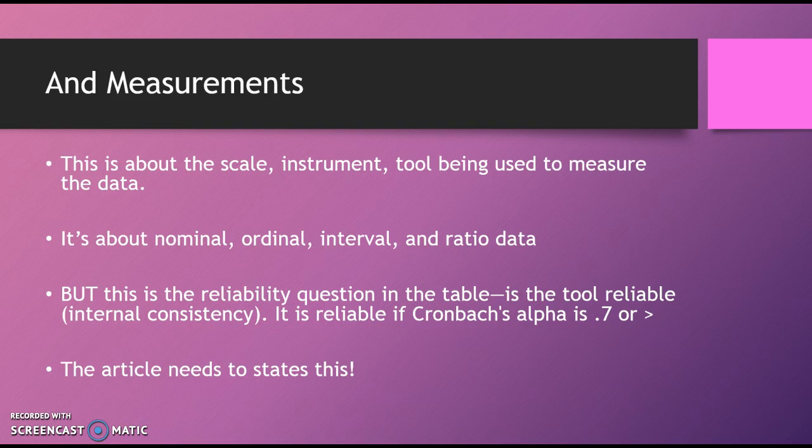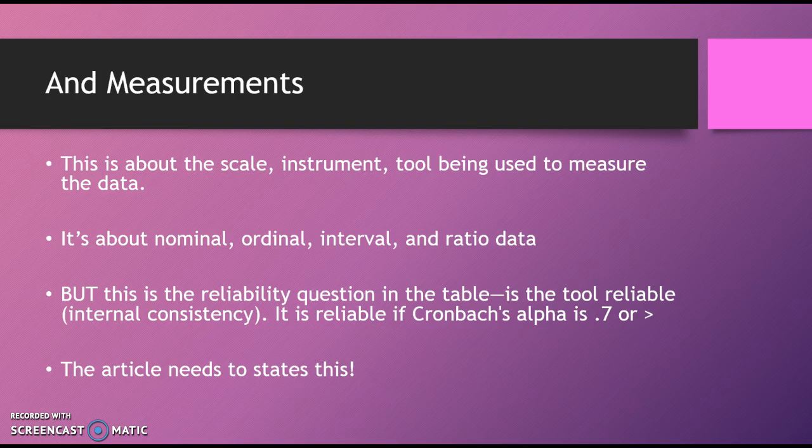Melnick also discusses that. The thing that's really important, though, is there's a reliability question in the table. Tools need to be valid and reliable, and I know that you have already discussed that. But if a tool is reliable, which means does it have internal consistency from item to item? One of the measures that we look for with reliability is Cronbach's alpha. And a good study should always address a Cronbach's alpha, and that number should be 0.7 or greater to ensure